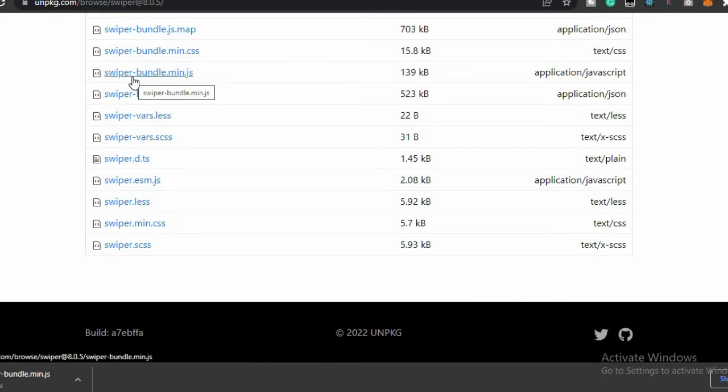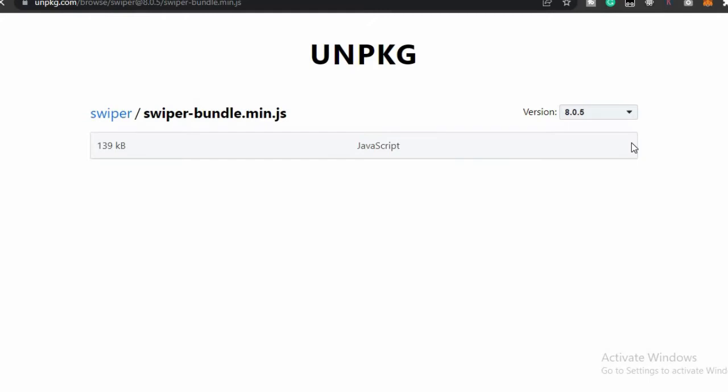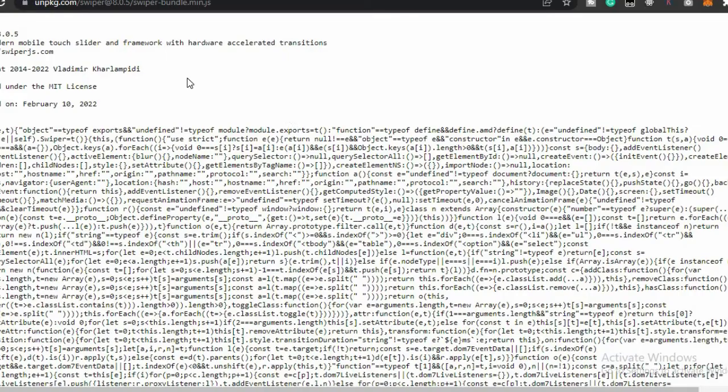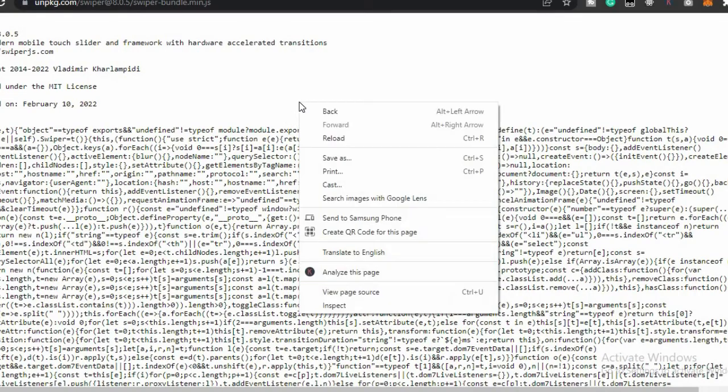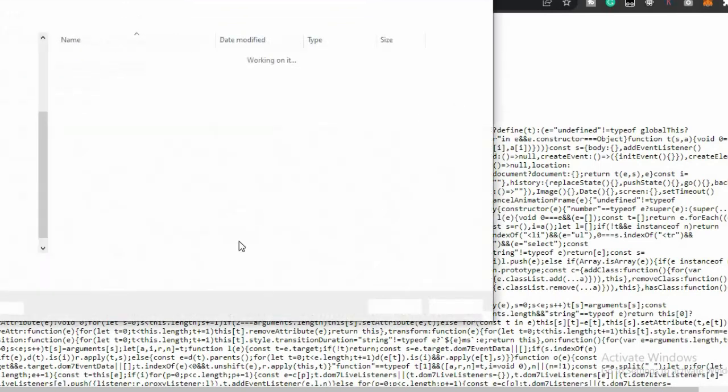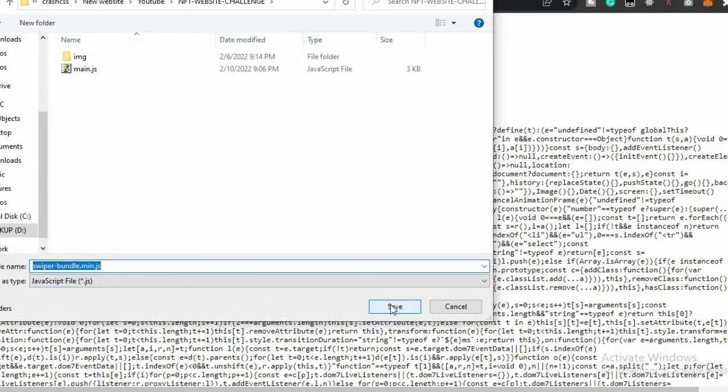So I'm going to open this in a new tab, and here's the CSS file. I'm also going to open this in a new tab, and okay, so let's wait for it to load. Okay, so now I'm going to select view raw, and once again I'm going to save this. So right click and save as. Yes, so we're going to save this,